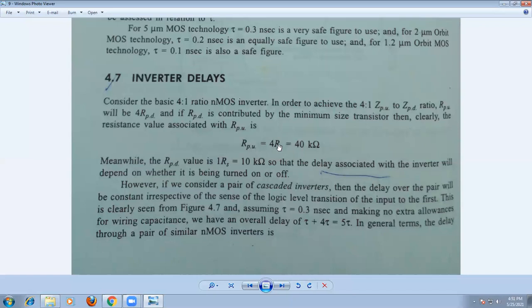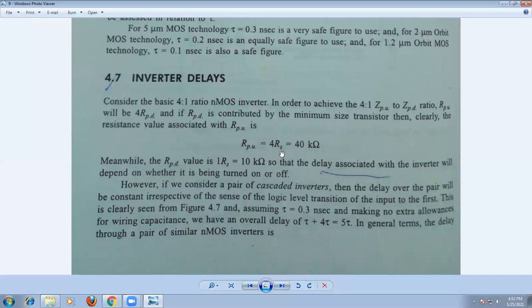But in case of an NMOS transistor in the 5 micrometer technology, assuming 5 micrometer technology, the value of RS from the sheet resistance table is equal to 10 kilo ohm. So now the R pull up is equal to 40 kilo ohm, right? This is the 40 kilo ohm. That means